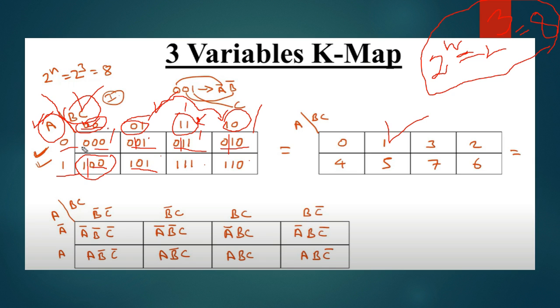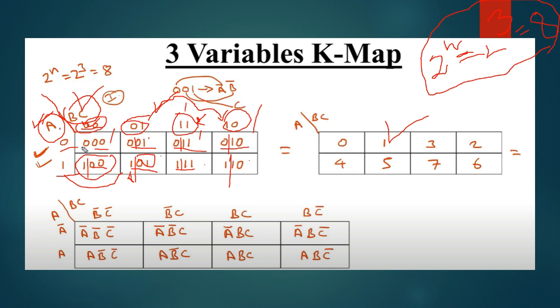Anyways, what about this cell? This cell holds the value of 101. Why is that? Because this one is coming from the value of A. Which A? This A, right? And what about this 01? This 01 is actually coming from this BC value. The same goes for this one. This holds the value of 111 because A holds the value of 1, and from BC we have 11 as well. Same goes for this one, 1 and 10.